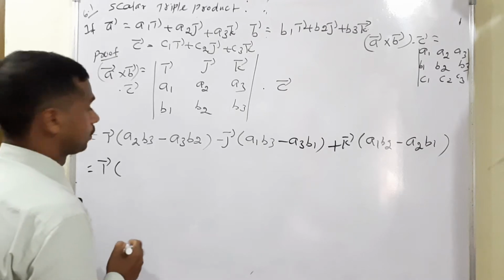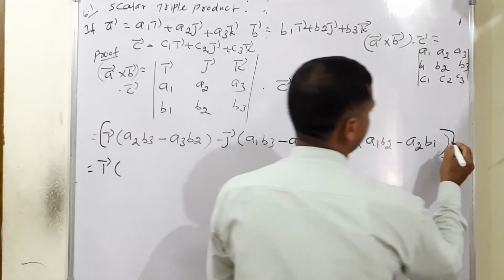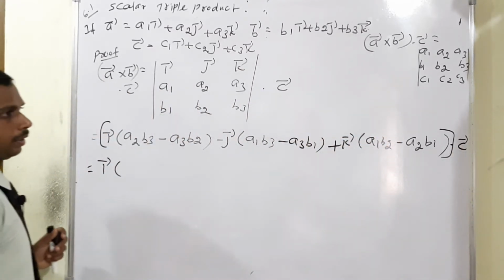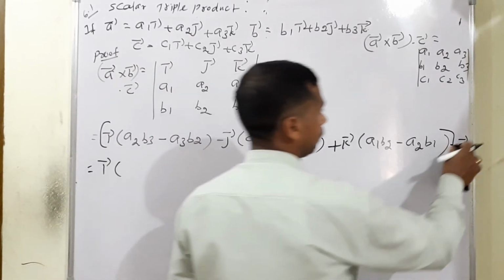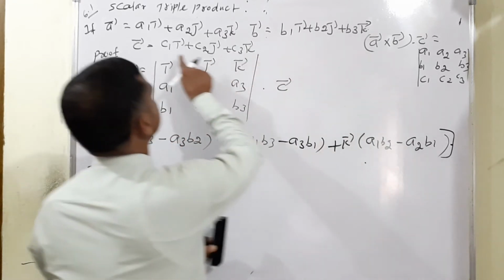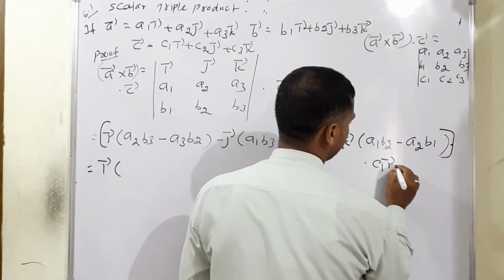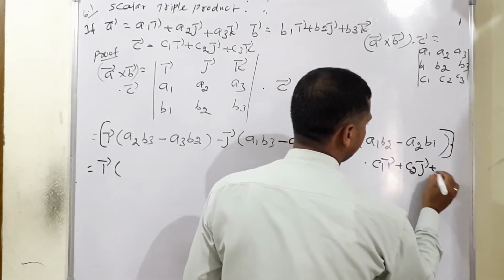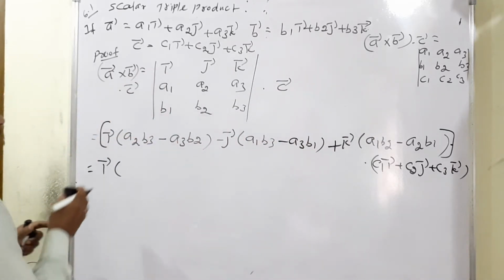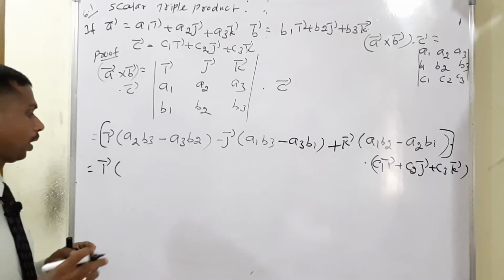After getting this value, outside one term is there, what is the term? Dot C vector, isn't it? So now dot product means, what is the meaning? Dot C vector means already we know C1, C2, C3. So we can write it C1 i vector plus C2 j vector plus C3 k vector. Dot product means i vector dot i vector, the like term, value we have 1, isn't it?